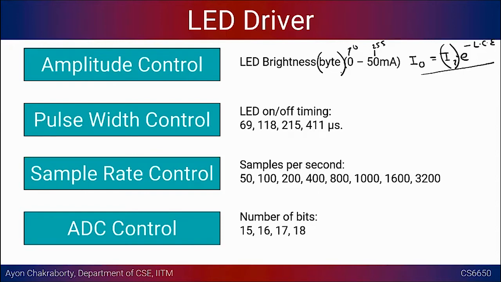Right. So this is one aspect: what is the brightness of the LED, or what is the energy that you are putting. Now the other control parameters relate to the temporal domain, to timing. The first one is the pulse width control. Although we know how bright your LED will be, we have not mentioned how long it is going to be shining.